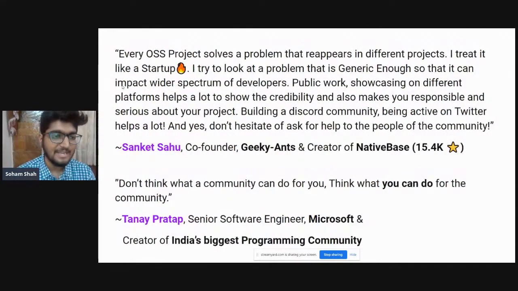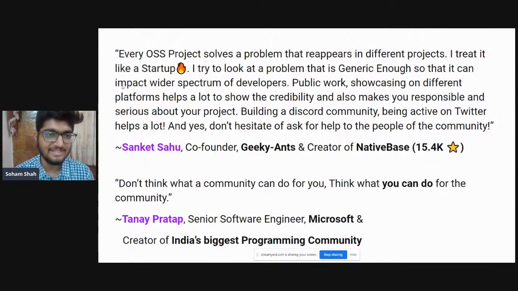So yeah, and we have Sanket Sahu from Geeky Ants, and he is the creator of Native Base, the library which we just saw, right? He told me that every open source project solves a problem that reappears in different projects. I treat it like a startup. So if you're building a library, you are actually running a startup.